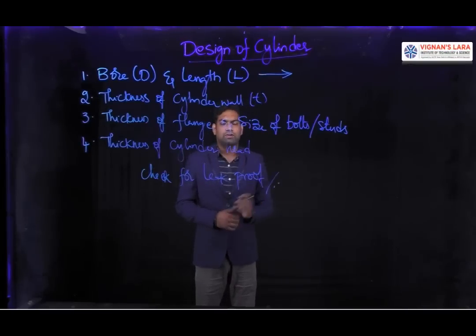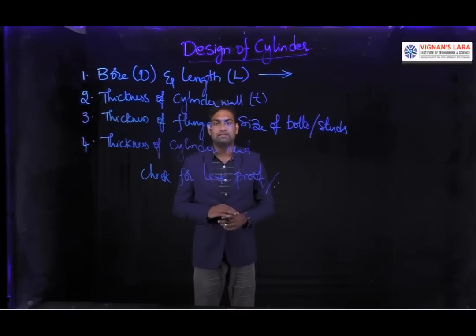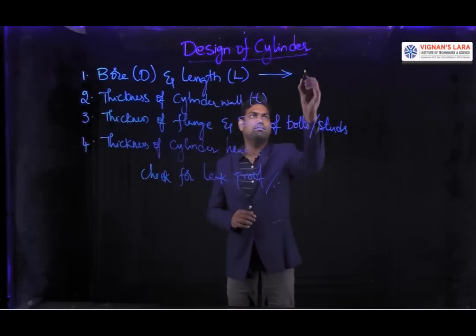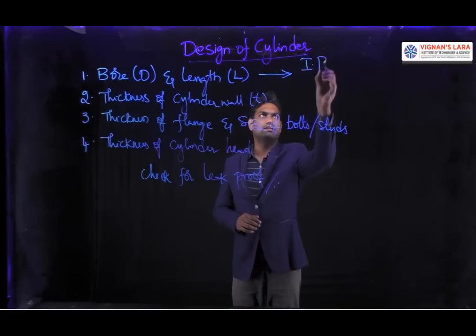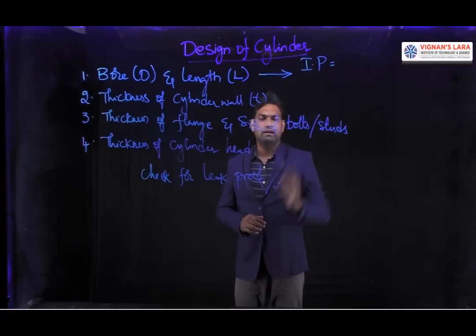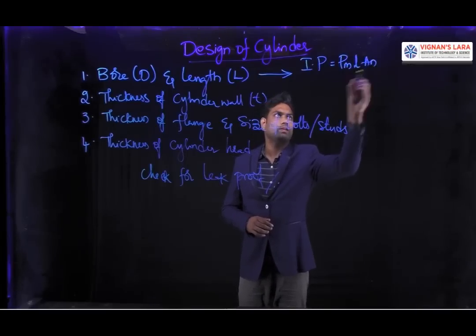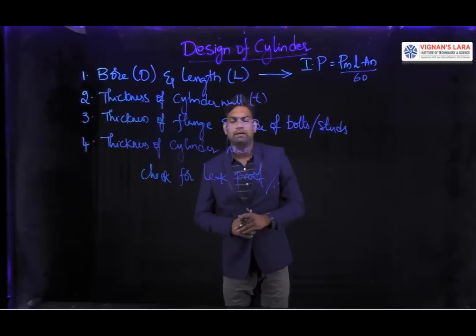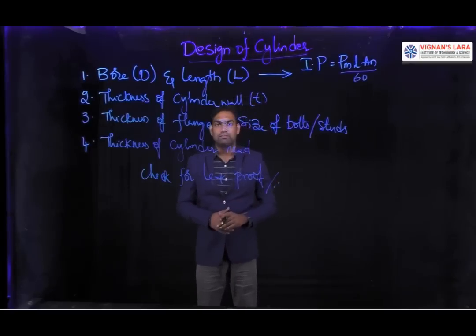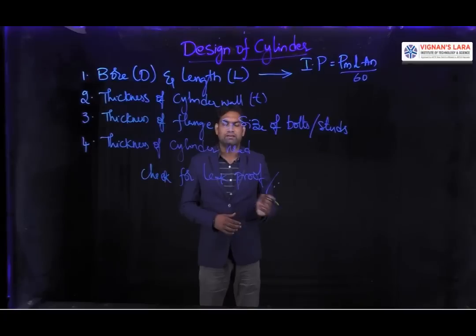Based upon the power that is generated inside the cylinder, that we call as indicated power, given by IP. So we know that the indicated power is given by IP = PmLAN/60, where Pm is indicated mean effective pressure, IP is indicated power, L is the length of stroke, A is the cross sectional area of cylinder, and N is the number of power strokes per revolution. That depends upon the type of engine, either a 2-stroke engine or 4-stroke engine.